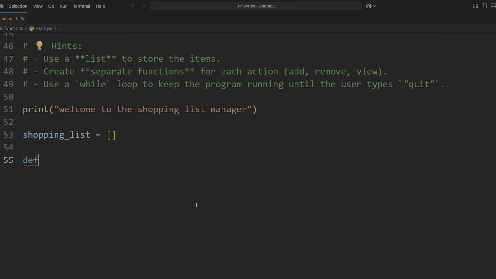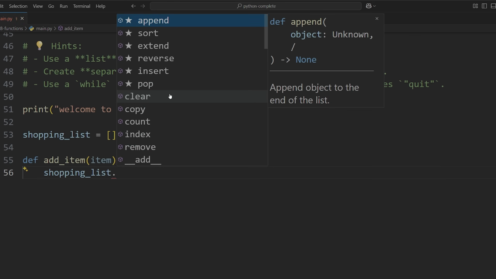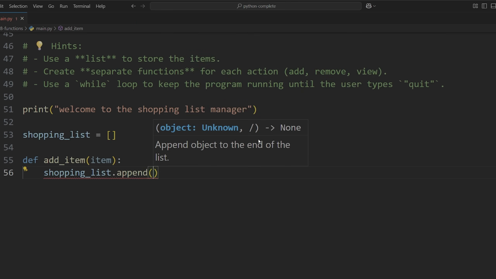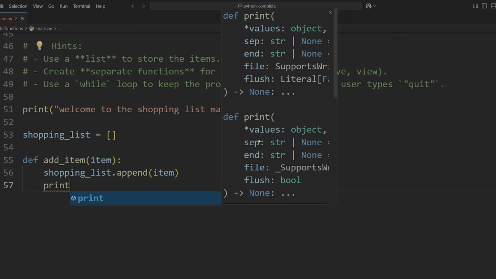I'll start with adding. So define, and we'll call it add item. And what you want to do is pass in the item that you want to add to our shopping list. So we're going to say item. And now we want to add the item passed in as a parameter to our shopping list. And if you remember, you can do that by using shopping list dot, and we have all these methods here, and we can call append. So append is appending an object to the end of the list. Let's run that, append, and pass an item. So that's going to add it,